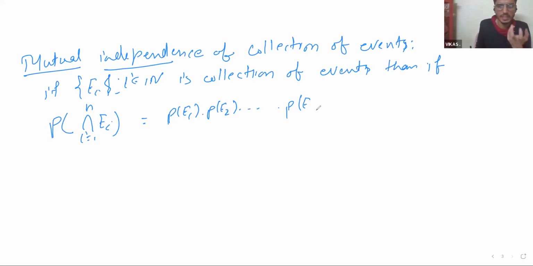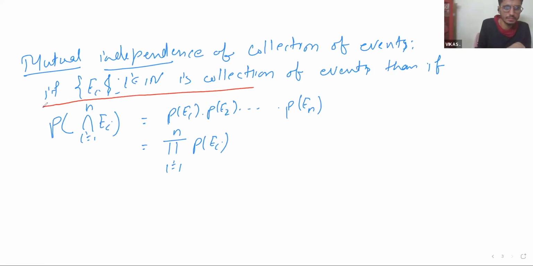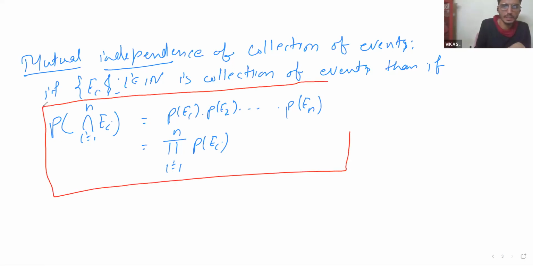And by arbitrary collection, I mean at most countably infinite, not uncountable. In compact notation, I write it as this. This is the definition, an important mathematical term.